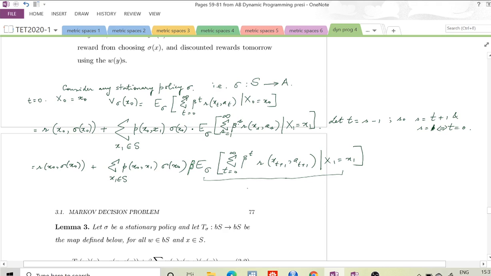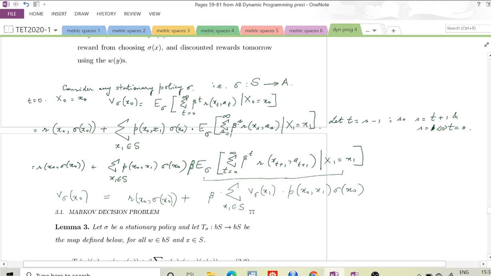When we start with state x1, so that's v sigma of x1, right? And here I'm multiplying that with a beta. Let me take beta all the way out, factor it out. Summation overall of this times, and then I have my first reward, the 0th period reward. And so this is v sigma of x naught,